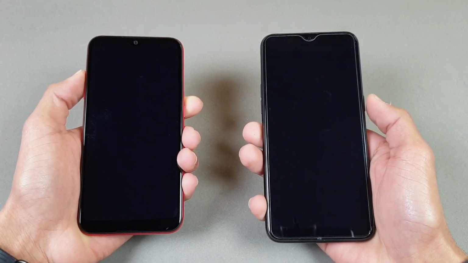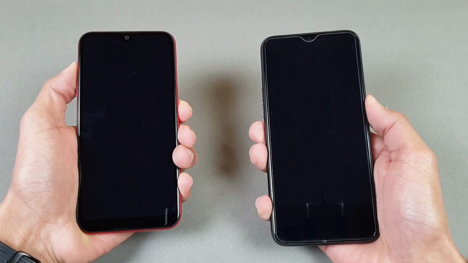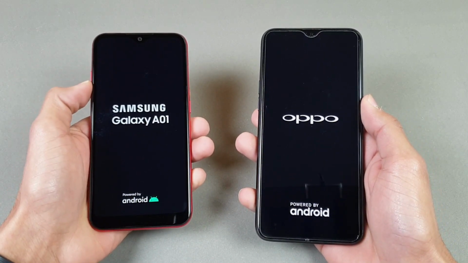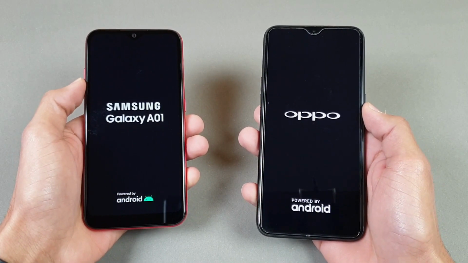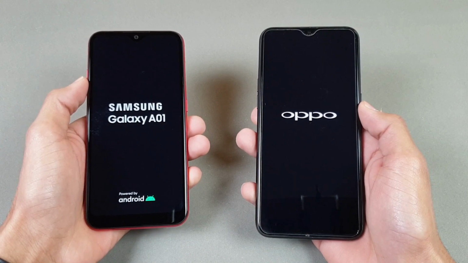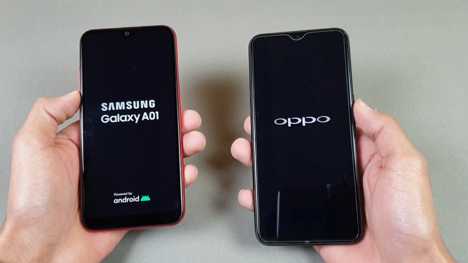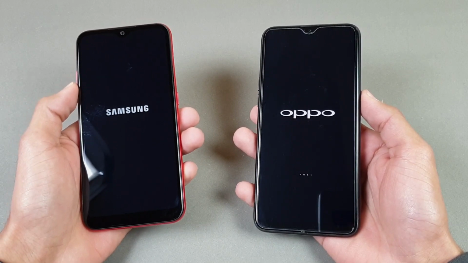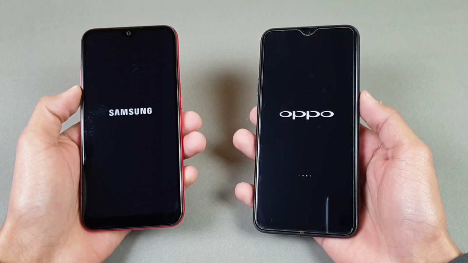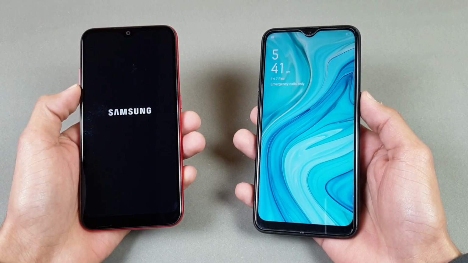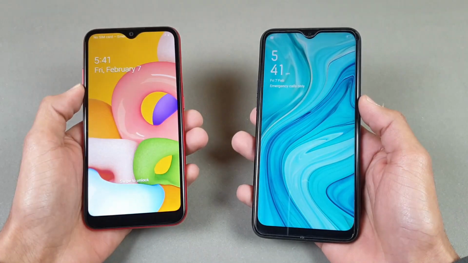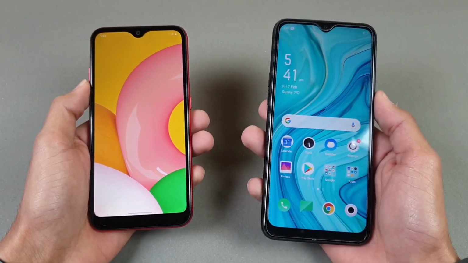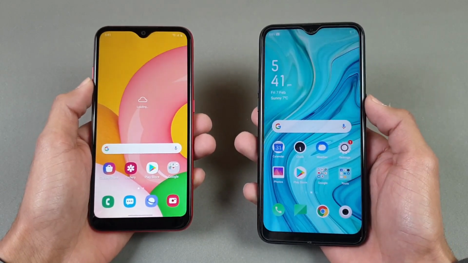Like always, let's quickly boot both of these phones up at the same time. Here we go. And the logo came up first on the Oppo A1k, followed by the Samsung Galaxy A01. And guys, one thing that is really interesting about the Samsung Galaxy A01 is that this phone is running on Android 10, while the Oppo A1k is still running on Android 9. You can see the Oppo A1k is faster when it comes to booting up, while the Samsung Galaxy A01 is now also done. Not a huge difference, about a 2 or 3 second difference there between the A01 and the